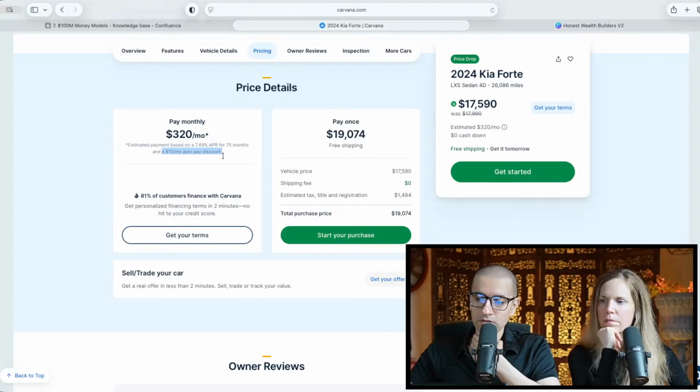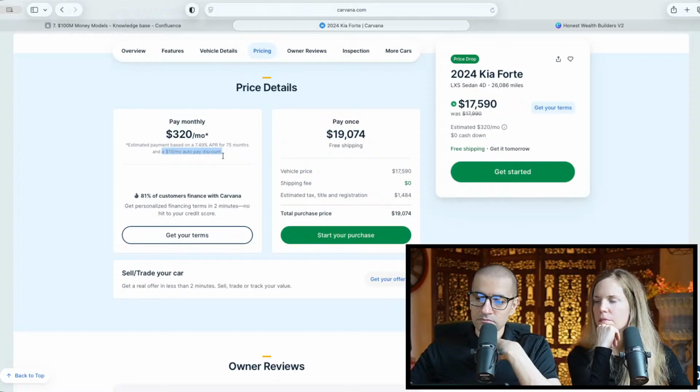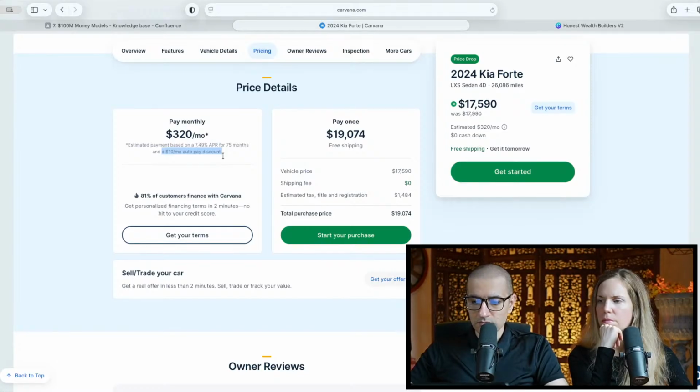The reason they often resell those notes rather than holding onto them is really about cash flow and risk management. By selling the notes, they get a big chunk of cash right away, which they can then reinvest into buying more cars and growing the business faster. It also reduces the risk of holding a bunch of loans on their books, especially if the market changes or defaults go up. So it's not that they couldn't make more money in the long run by holding onto them, but for them, the priority is growing quickly and keeping their capital flexible. It's kind of a trade-off. They choose to scale faster and reduce risk rather than waiting for that longer term payoff. It just fits their business model and their growth goals.